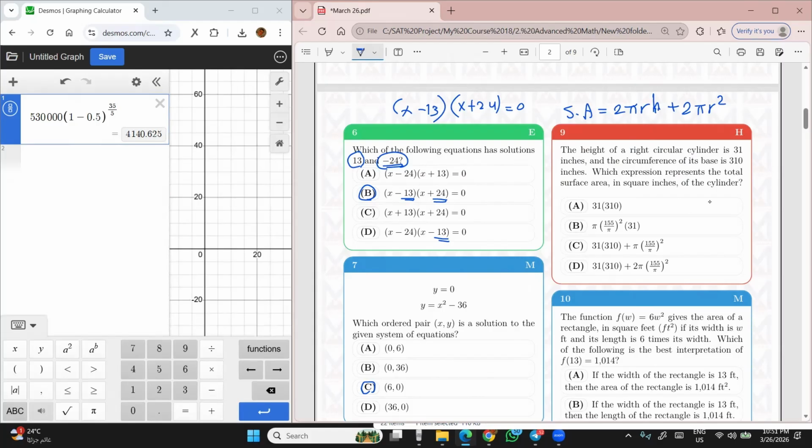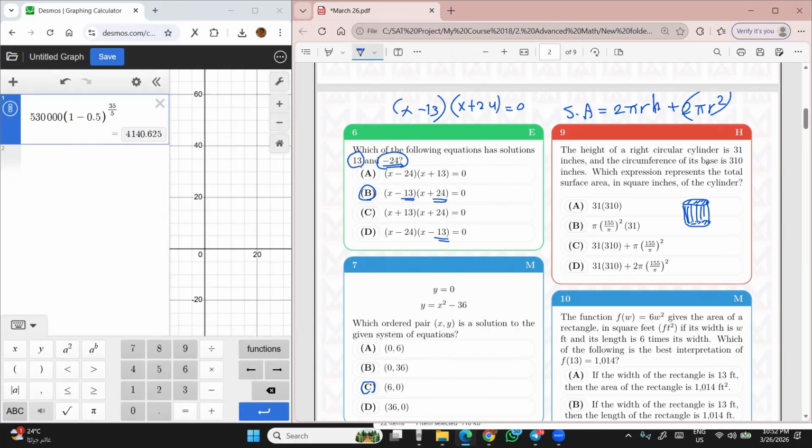Because 2 pi rh is the area of the lateral face, this part here, 2 pi r times h. And we have two circles, and every circle of them has an area of pi r squared. This is why we write 2 pi r squared. If you just remember this formula, you can just apply it. So we have this formula right here, and we need to write everything inside. 2 pi, and then r, and r is the radius. The radius here, the radius is